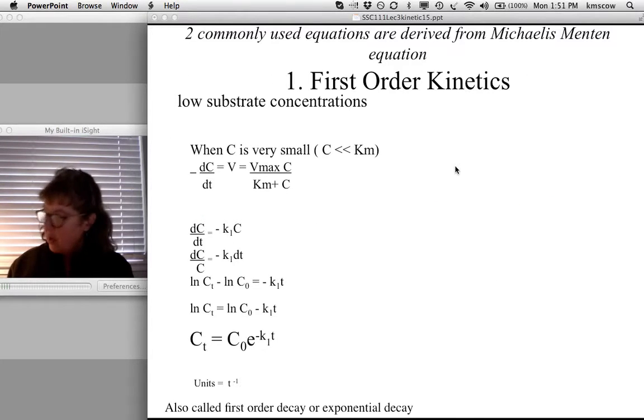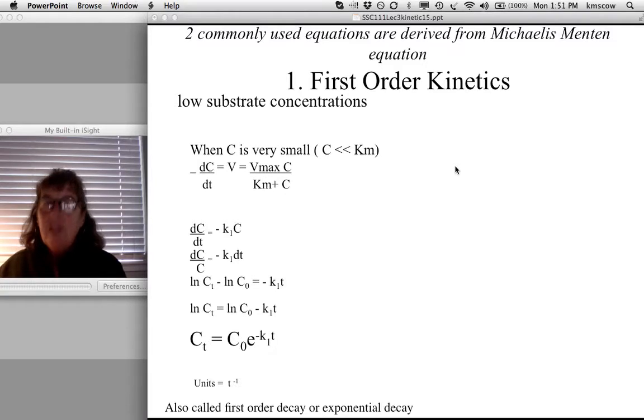All right, so that Michaelis-Menten equation is the mother of a couple of other equations that can be derived from it that are used extremely commonly in soil, used extremely commonly in environmental biogeochemistry models, and also in biodegradation models. And the type of kinetic expression that's used the most, I would say, is first-order kinetics. So first-order kinetics